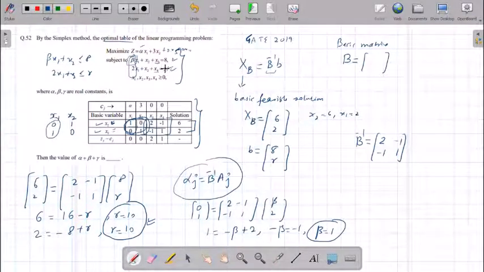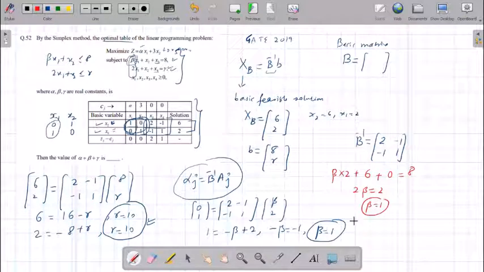Another way to find the value of beta is that you can directly substitute the solution from here. So x1 is 2, x2 is 6. If I substitute in the first constraint, x1 is 2, x2 is 6, and obviously x3 is the non-basic variable as it's not appearing in the basis, so it's 0, is 8. So this way I get 2 beta is equal to 2, beta is equal to 1. So there are two ways of doing the same thing, and you will get the value. The only problem using this technique was that the question statement was wrong. That's why it can mislead some calculation.